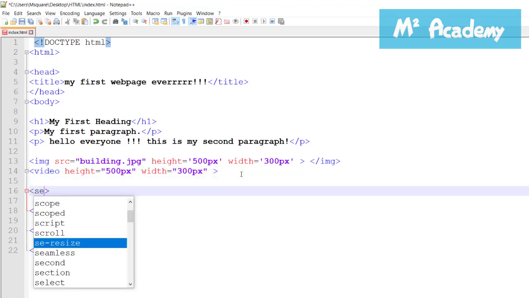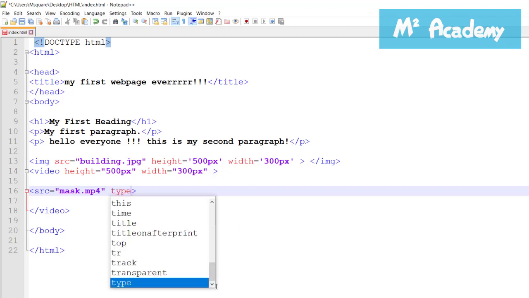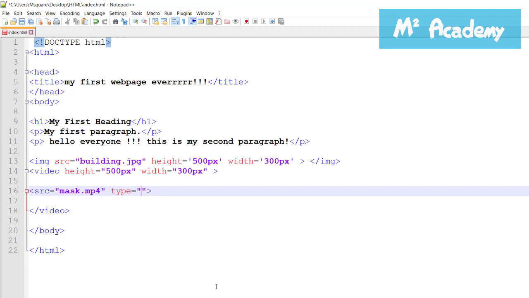Okay, then we will write src. Always make sure you write the name correctly, which here is mask.mp4, and we will set the type for the browser to know that it's a video and in mp4 format. Of course there are many formats, but this one is mp4. Then